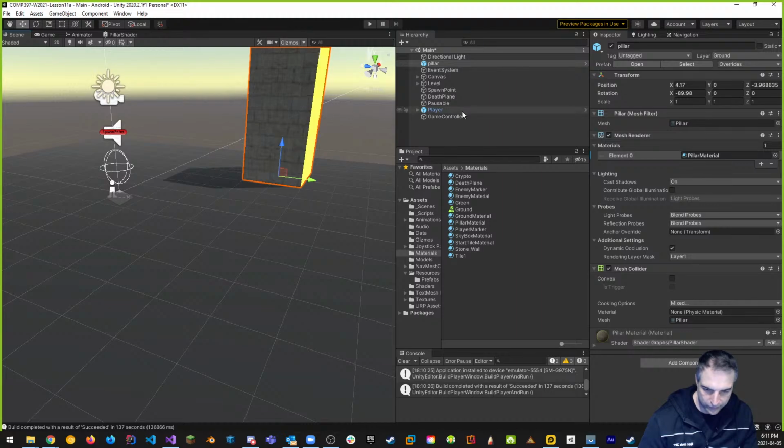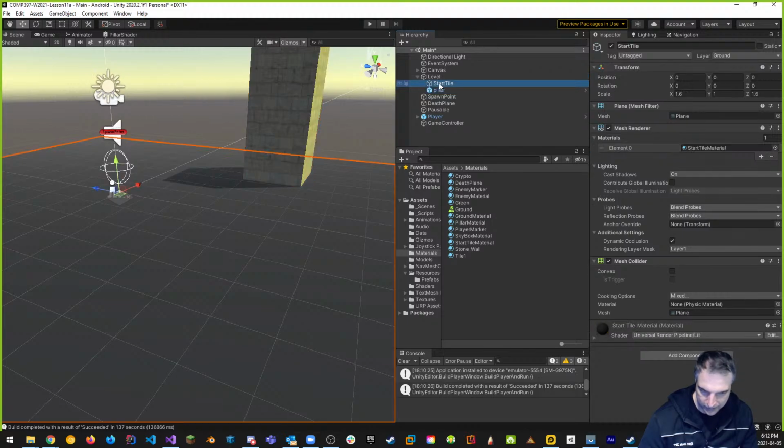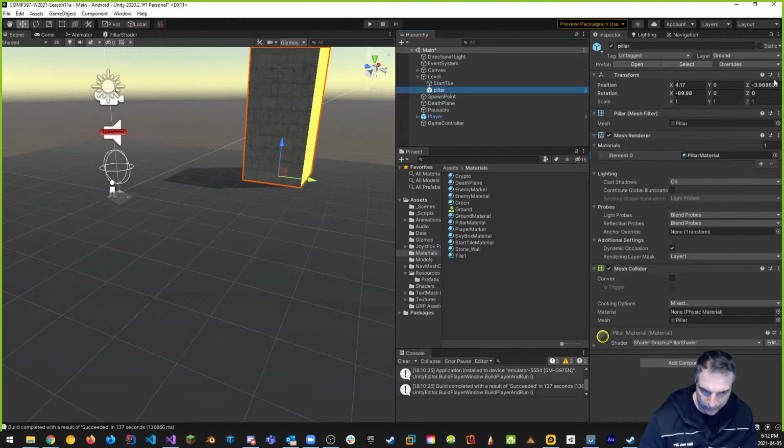One thing, since the pillar is going to be placed in the scene, it's not going to have a value. So one thing we need to do is put it inside the level. Even though it's physically here in the start tile, it's got to be in the level for it to be something that is considered. Start tile is ground. Pillar is also going to be of type ground. And we should be able to see it here in the level while we build it. So if I build this up locally,